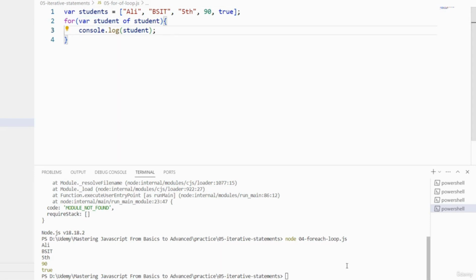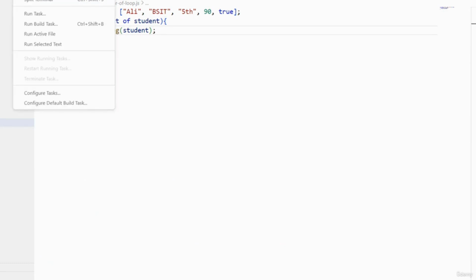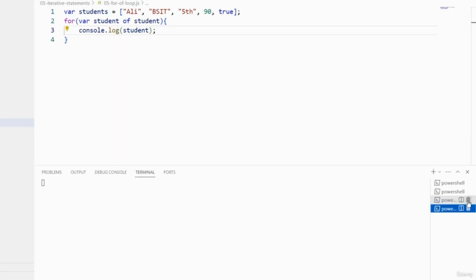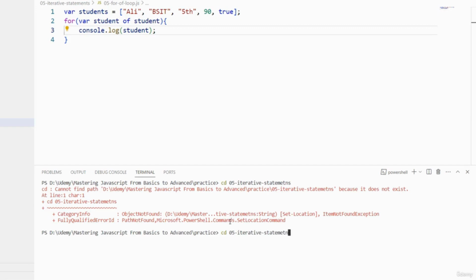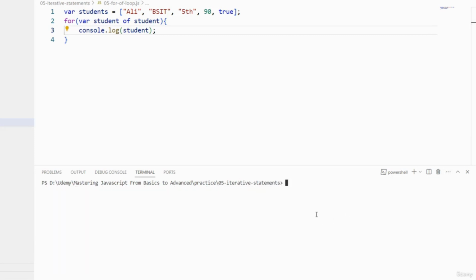So let's save it and simply create a new terminal. Let's delete all these terminals. Here we have this terminal. Let's change it to 05-iterative-statements. That's final, and let's clear the terminal and simply